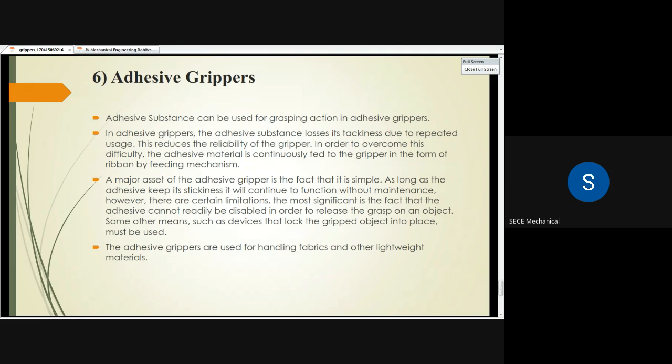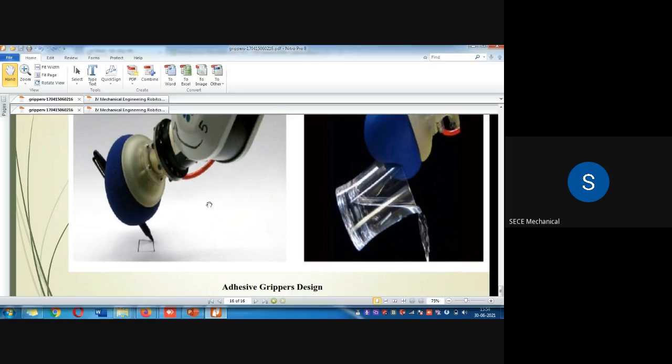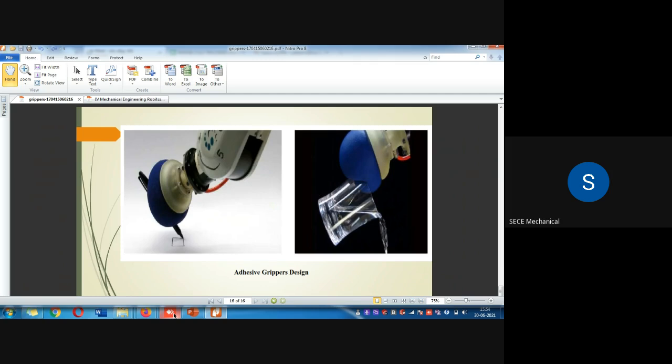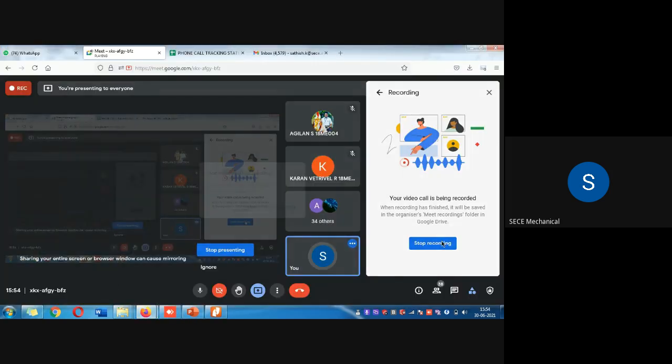These adhesive grippers are used for handling fabrics, and are made for lightweight materials, for holding pins and small weighted objects, right? This is the image which shows the adhesive type gripper. So these are the various types of grippers we are going to see. So the next one is